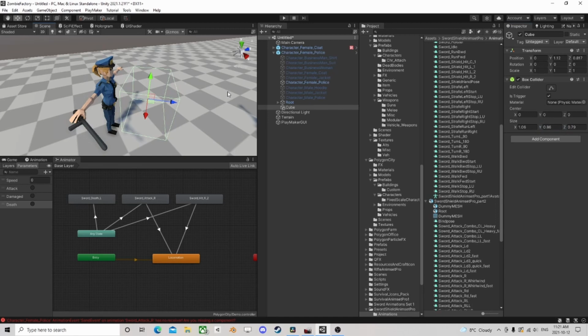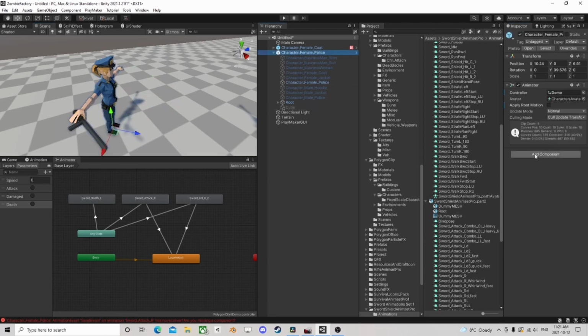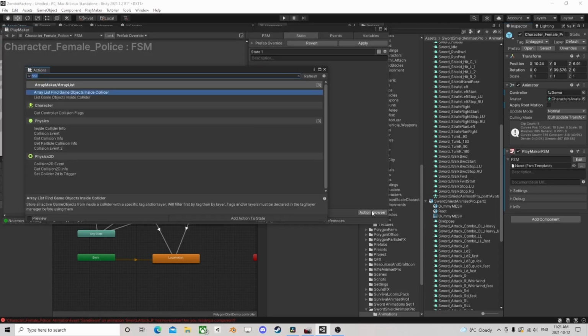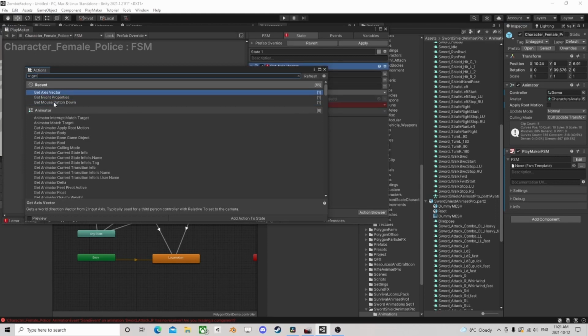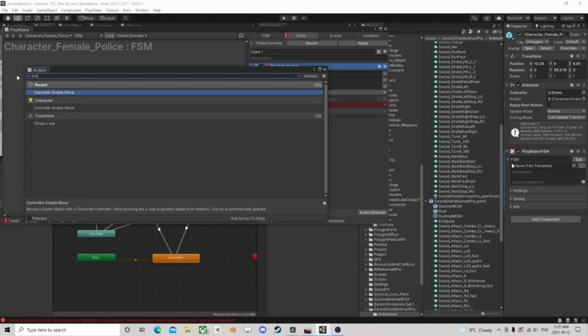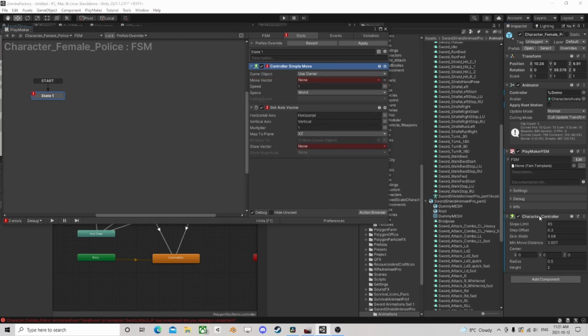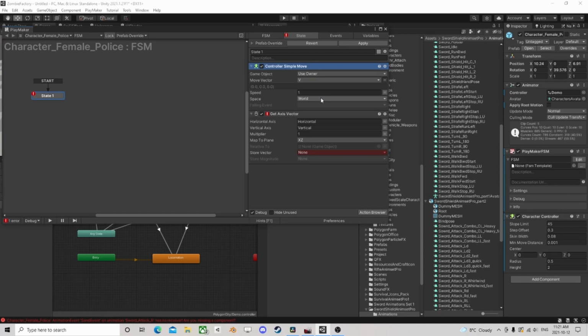And I'm going to deactivate it, I think. So let's build a get axis vector and a simple move, so we can move our character in a very, very simplistic way. So we need a character controller, and we're going to get a vector. We'll go to speed of 3, space self,